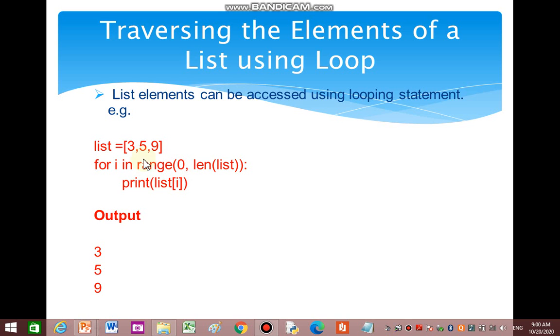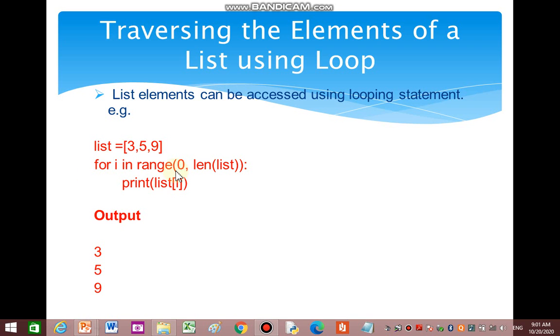And since I know that the elements of a list start with zero indexing, that's why I use zeroth indexing here, right? And it will move up to n-1. Okay, that is why I used the length function for the list. It will give me the length of the list, and automatically the function range will read n-1 elements. Okay, so here see, it will start from the zero indexing, the zeroth element of the range, and